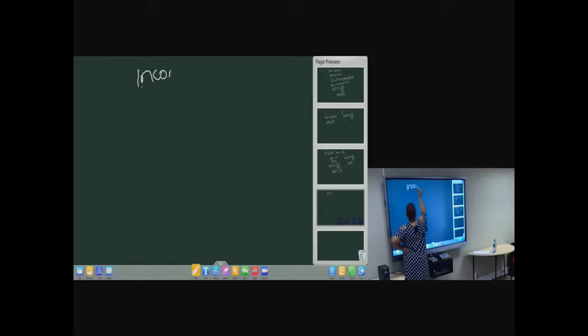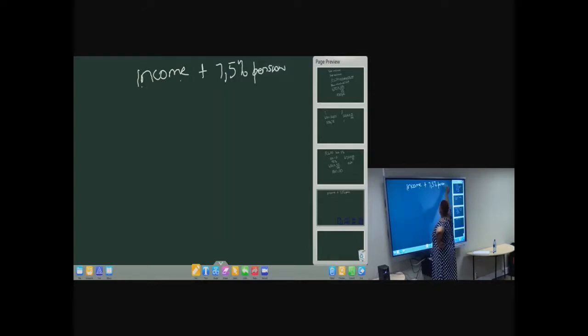With this income, you are told that this income is including 7.5% pension, and pension is non-taxable. I am mentioning this so that you can understand when we are doing that section on tax,